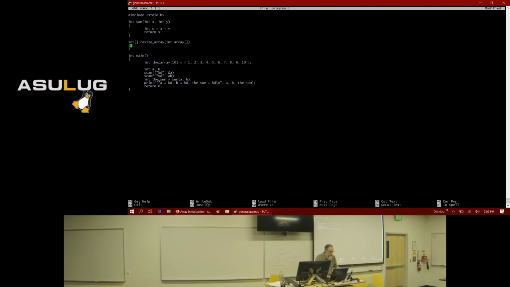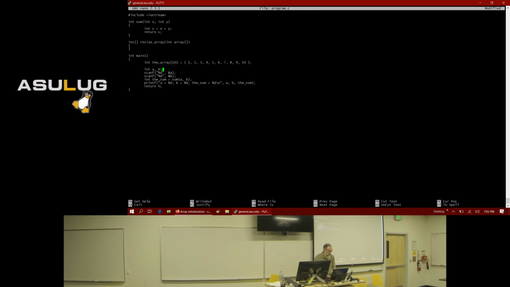Now, I'm going to switch this program into a C++ program instead of using C. So I'm going to switch this so that we're doing C++ code.